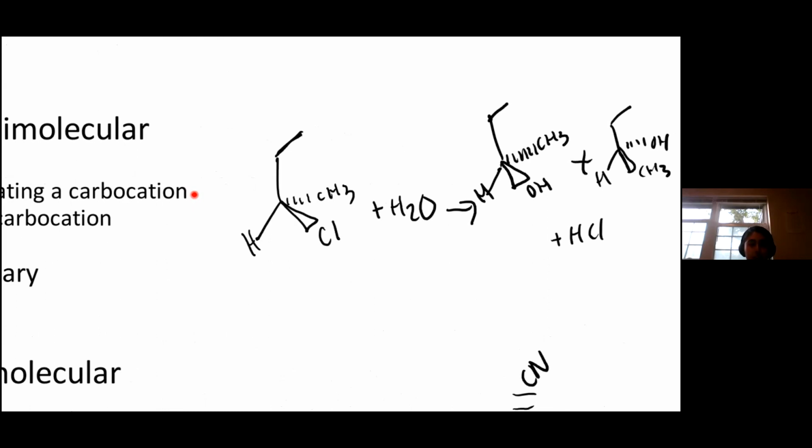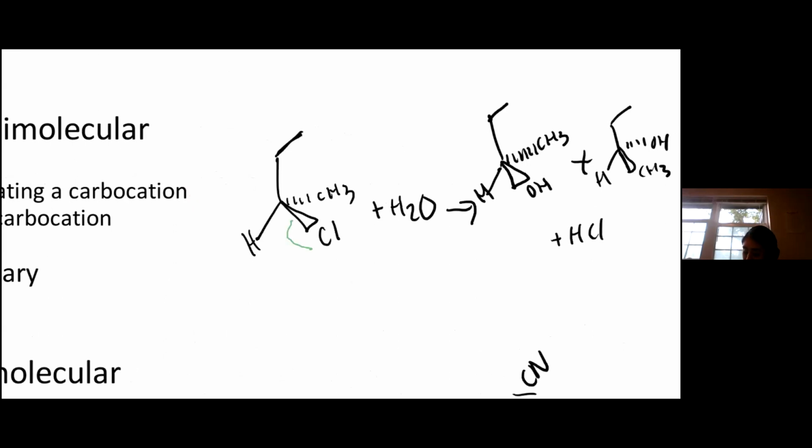Again, SN1 involves two steps. The first step being the leaving group leaves. Let me make this black. The leaving group leaves. So CO is our leaving group, it's gonna leave. We're gonna create a carbocation. This is our carbocation. And you can see this is gonna be planar, right? So CH3 used to be a dash, now it's just a line because it's in the same plane as the hydrogen and